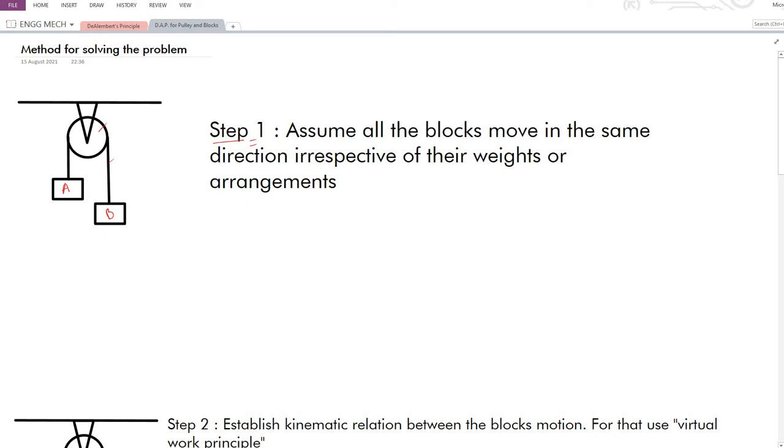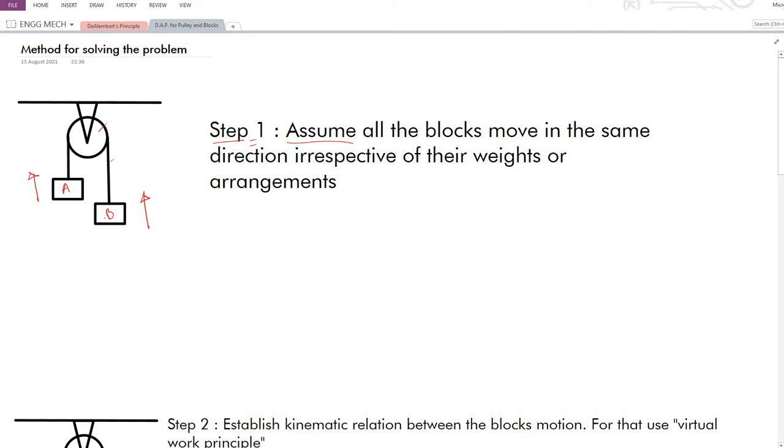But even though it is very evident which block is going down and which one will be going up, you don't have to directly quote that specific direction over there. Since the step says that the assumption is to be made that all the blocks are moving in the same direction, what we have to do is mention that both the blocks are going upward or, let's say, downward. Generally we mention that both the blocks go upward.